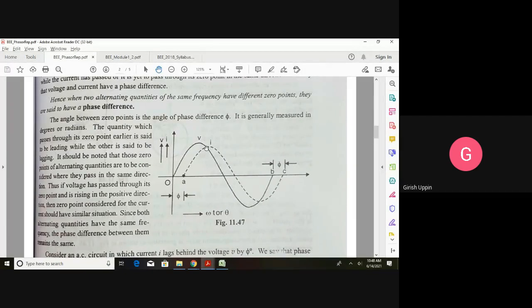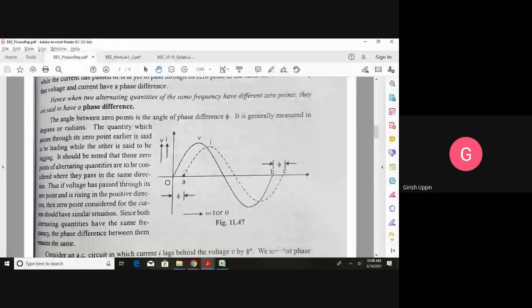Now, when you apply this voltage to the particular circuit, it results in a current, and that current is starting late. That is, it is lagging. We call it lagging. If you see here, the minute we applied the voltage, we did not see the current immediately. So current takes some time, or some angle. It starts after a certain time, and it will start from zero.